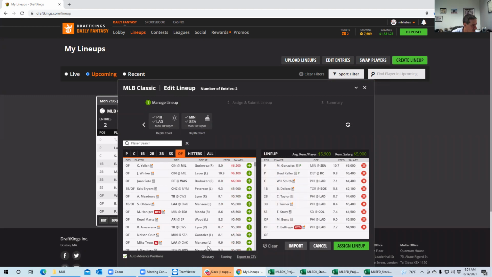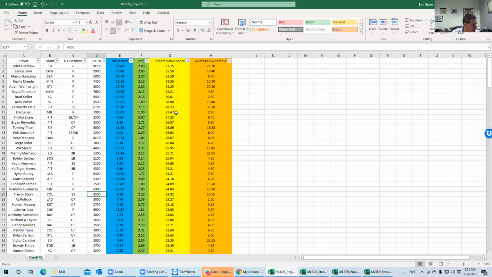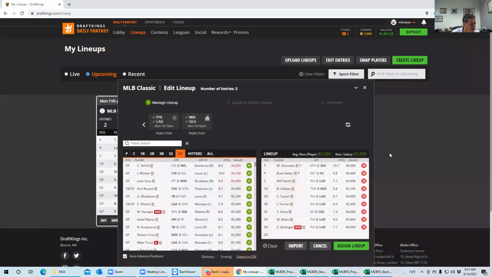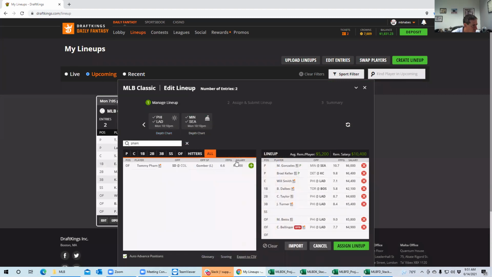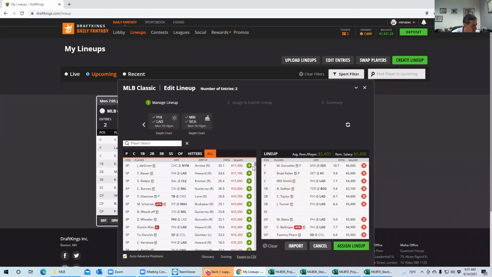And then in the outfield, we don't really like anybody that great. But we did like Pham. So why don't we go back and put Pham in the outfield? Again, we're getting a little bit of exposure from that game. Pham against the lefties, obviously pretty good. And then, can we quite get up to Tatis? No, but we can get to somebody like Bichette. So we can put him in. All right,